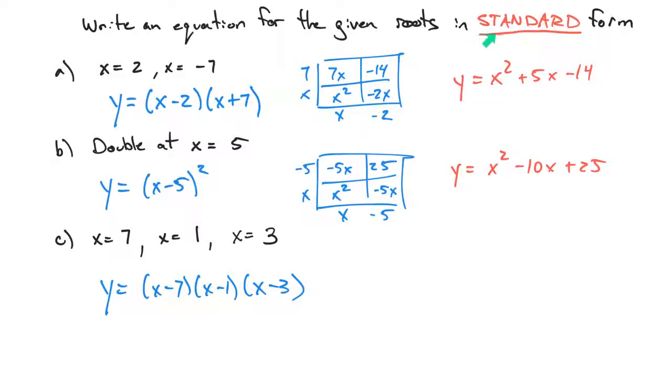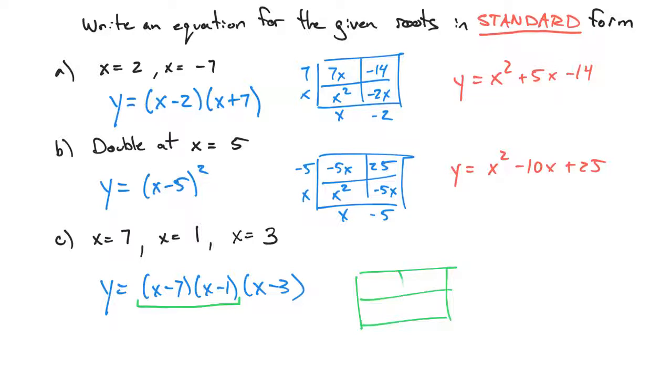Now you are asked to put this into standard form, and this is not in standard form yet. This is still in factored form. So you need to turn it into standard form. And the way to do that is to pick any 2 factors. I'm just going to pick the first 2 because those are listed first, and I need you to multiply out